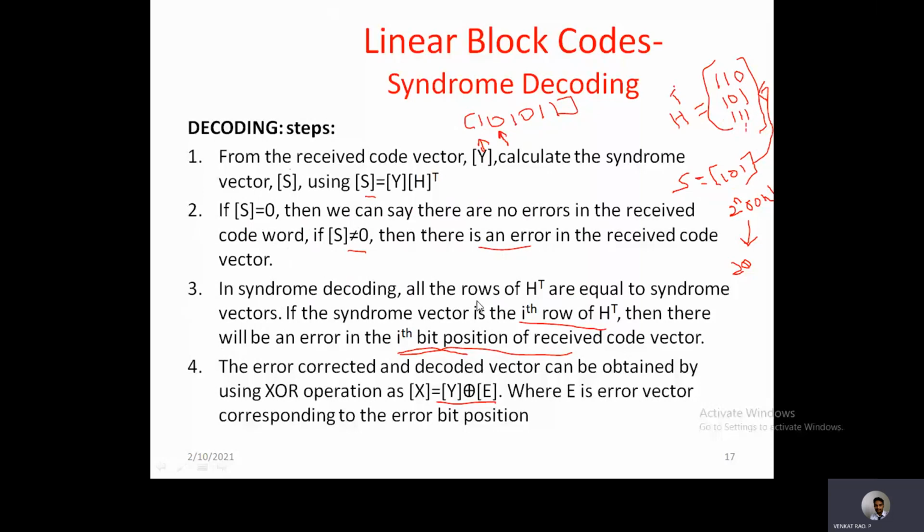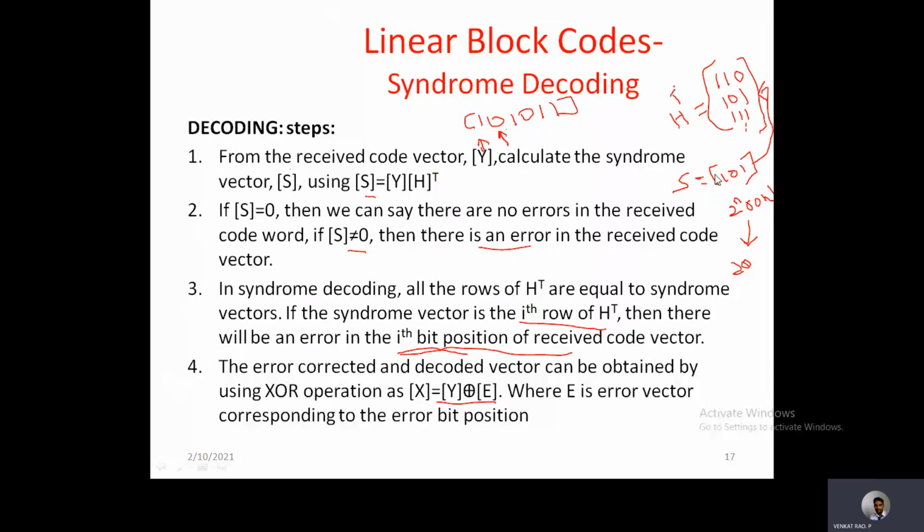Suppose the syndrome vector is the ith row of H transpose, then there will be an error in the ith bit position of the received code vector. For example, if S matches the second row of H transpose, then there will be an error in the second bit position in the received code word.